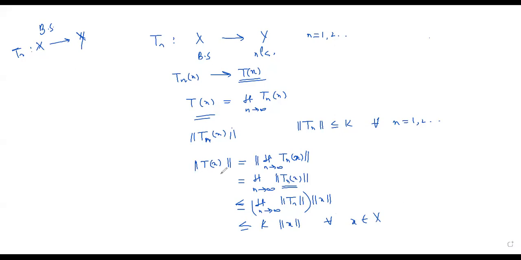But I am getting that norm of T of x is less than or equal to k, some positive number k times norm of x, which implies that T is continuous, and T is a bounded linear operator. And that proves our Banach-Steinhaus theorem. इसके बाद